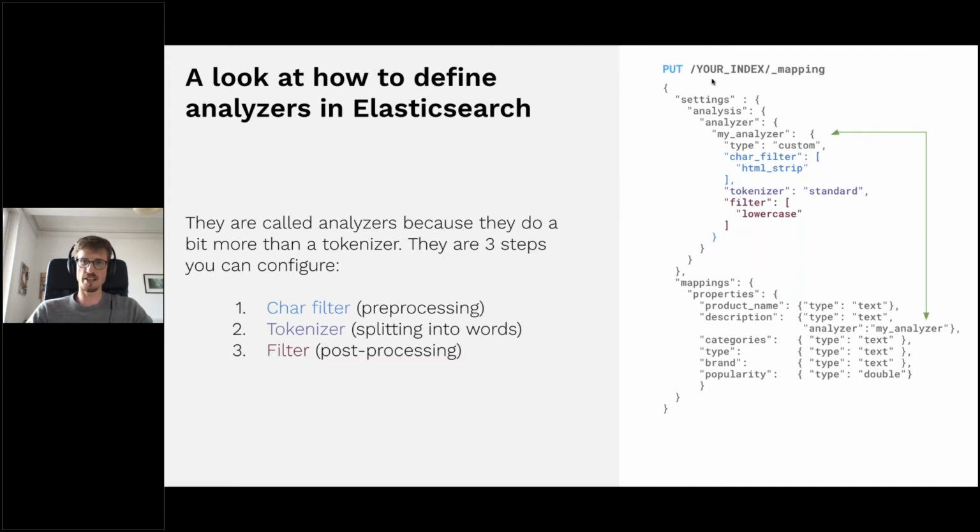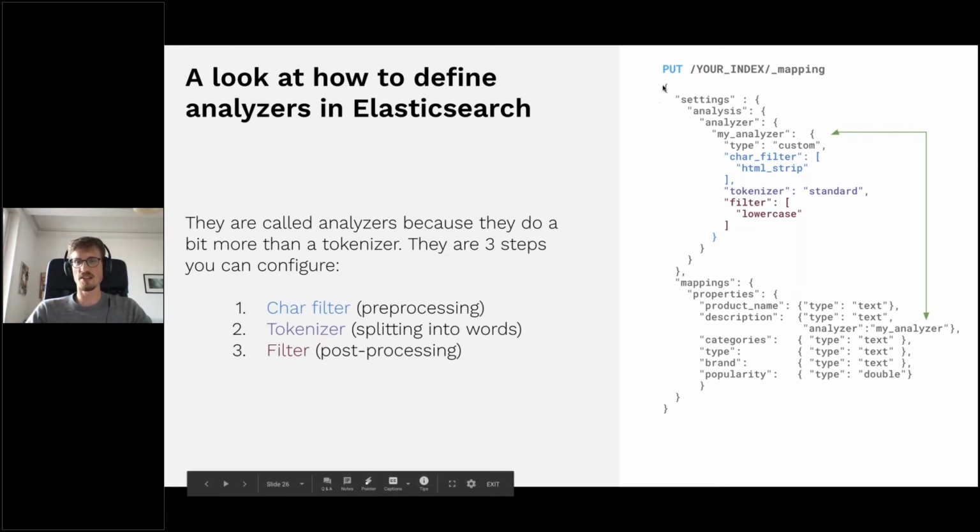The way to express these things in Elasticsearch is when you create your table, which in Elasticsearch is called an index, you can give a document that defines how that index looks. The most important things are the fields contained in your index. Here we have a simple example with a product name that has description, categories, tools, and so on. Then you can give some custom analyzer. By default, it has an analyzer that is tuned for English, but you can very easily define your own and customize it.